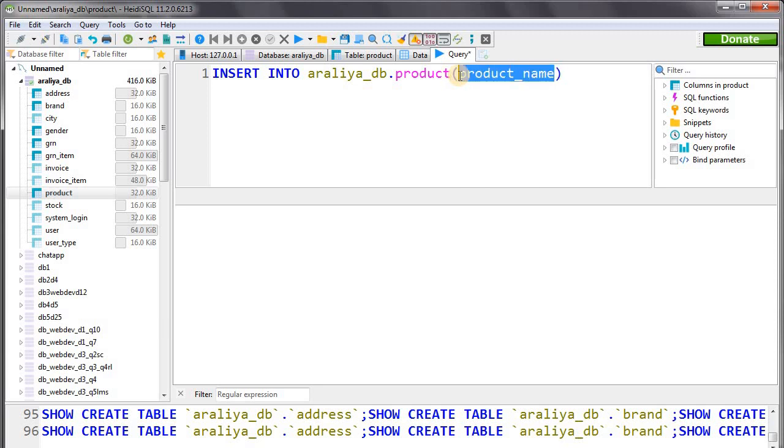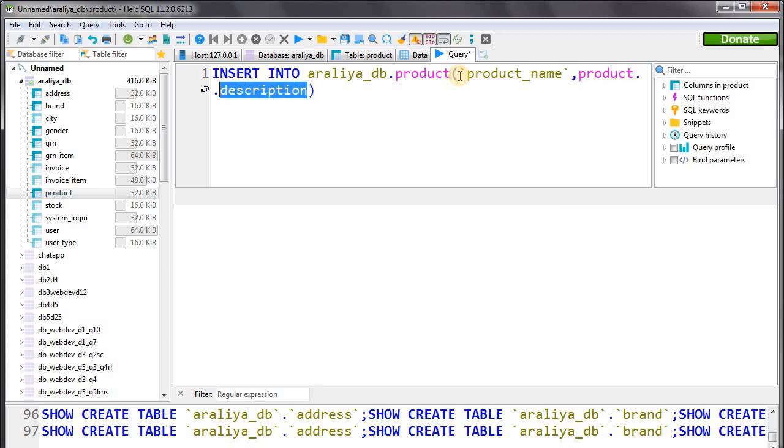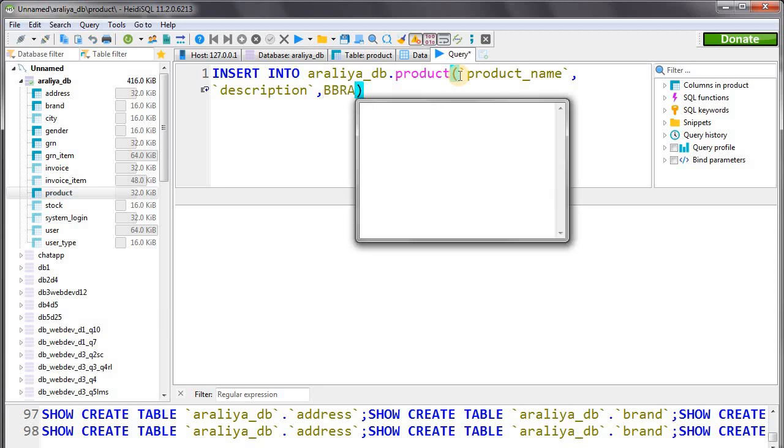Let's put this attribute name within quotation marks, and next one in the product table is description, and the last one is brand ID.